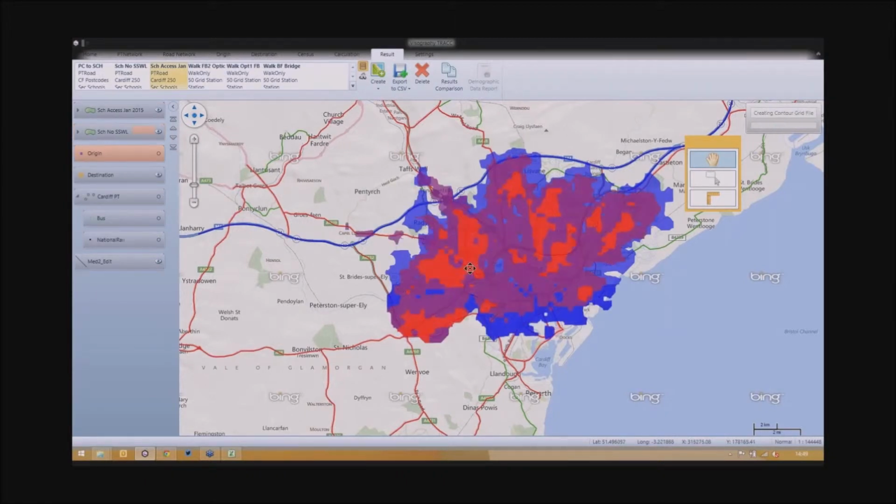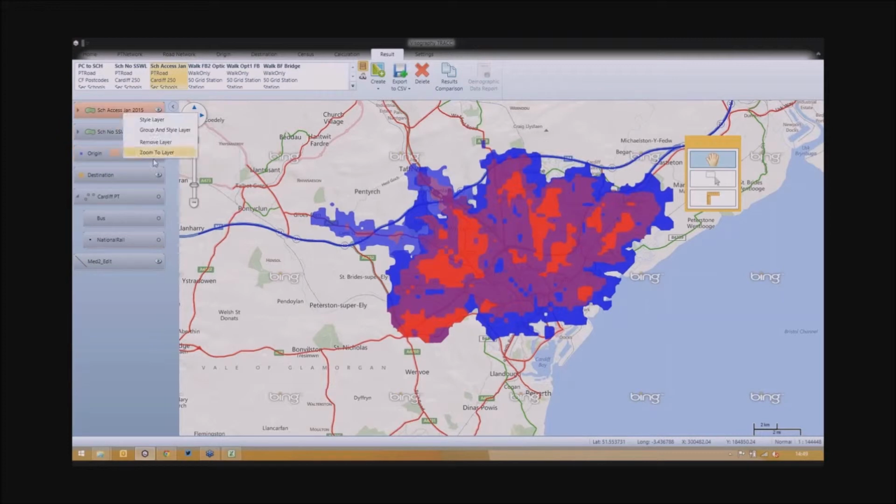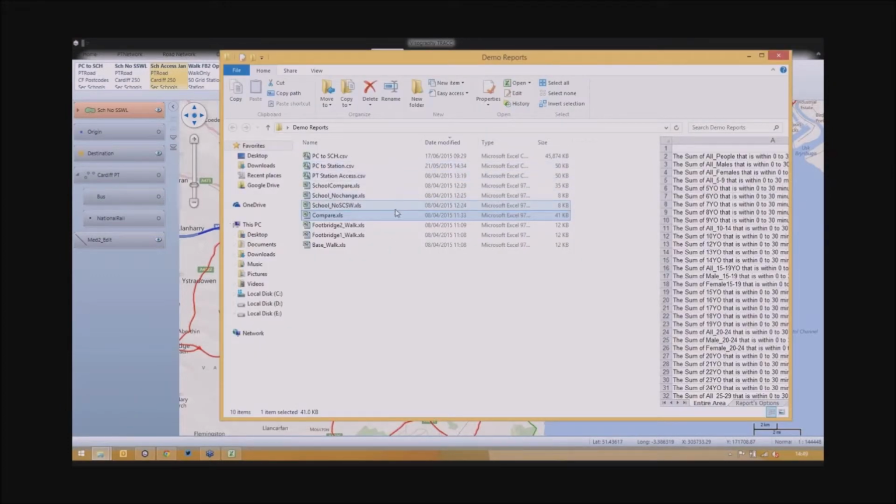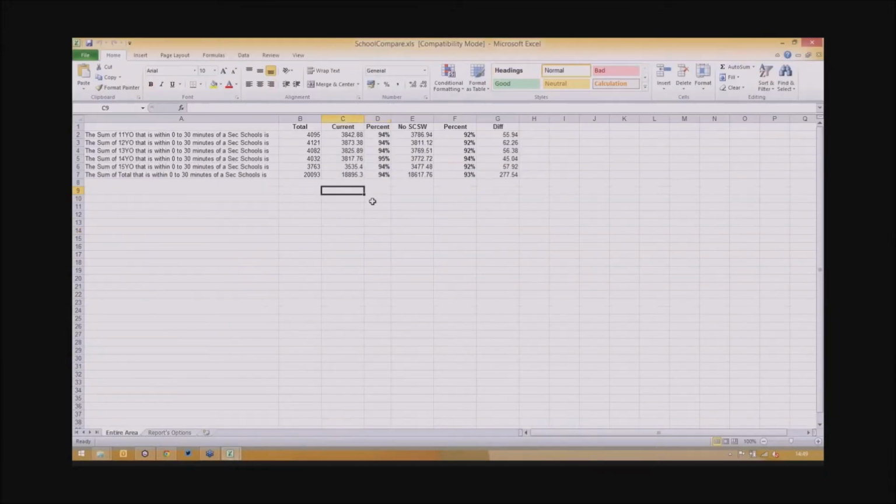So here we can see across to the west of the city, around here, people are no longer able to access the school in 30 minutes. So looking at that, you might be a bit concerned, saying, well, actually, that's quite a bit of an area that is no longer able to get there. So like with the LSTF work, we can use things such as census data and census reports to further highlight that. So what we've done here is a comparison of the schools to show what happens before and